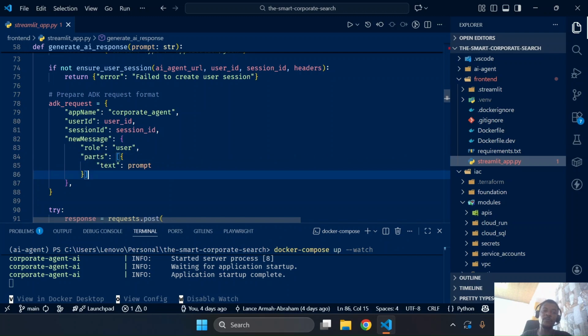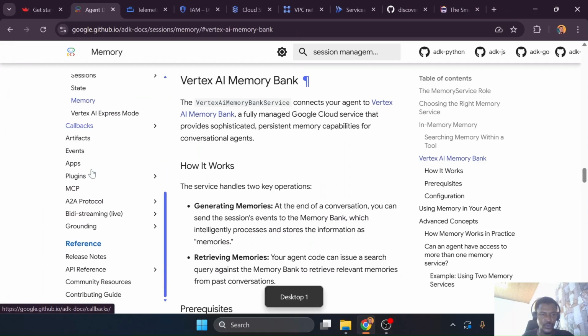Of course, if we wanted, we could have passed in the whole conversation history by passing in multiple of this, probably this object. I'm not exactly sure. It is not something I've looked at, but it could probably be possible. I don't think so, because this new message looks like it's not an array, but just an object. You can probably refer to